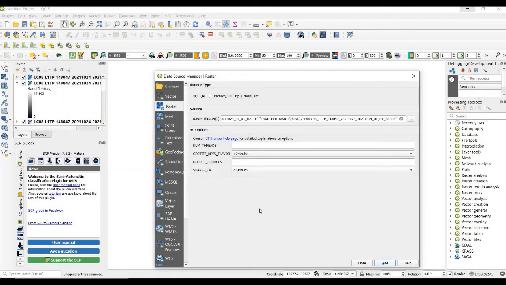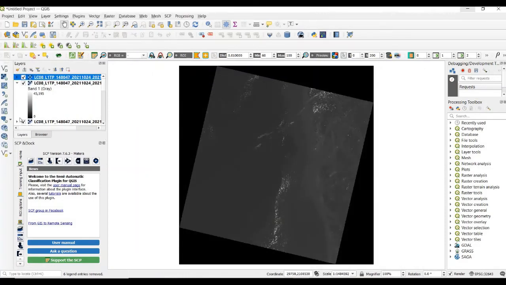Click add. So the bands will be added to your layers panel.